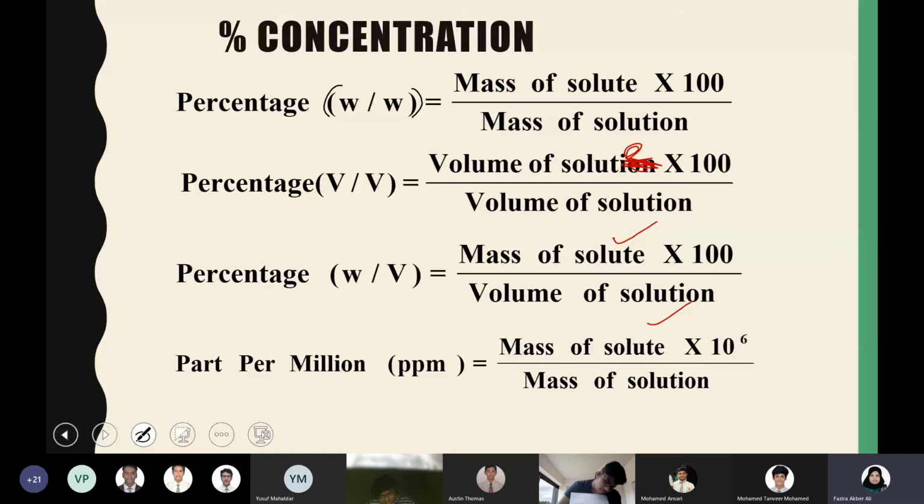And the fourth one, again, is related to the first three categories. The only thing is that it is not in percentage, it is in parts per million, ppm. This is one of the important units when you're dealing with pollution in air. It means specifying a small quantity in a larger volume. For example, if you want to analyze the amount of polluting gas in air, the quantity of air is very big compared to the quantity of pollutants present in it.